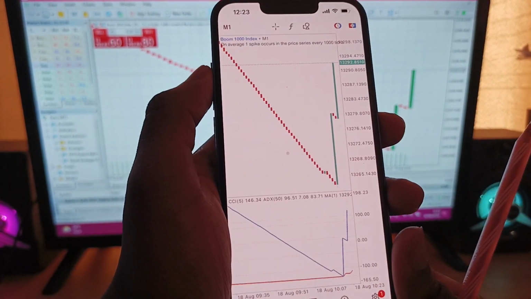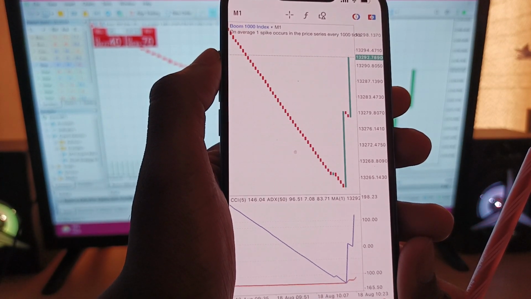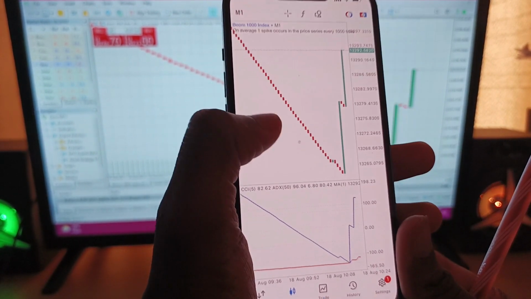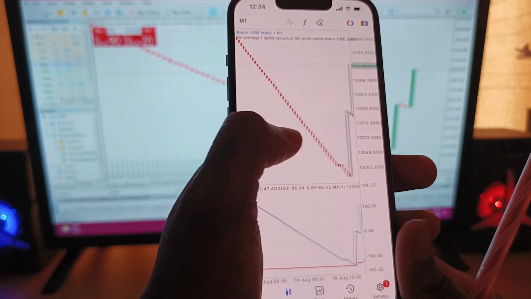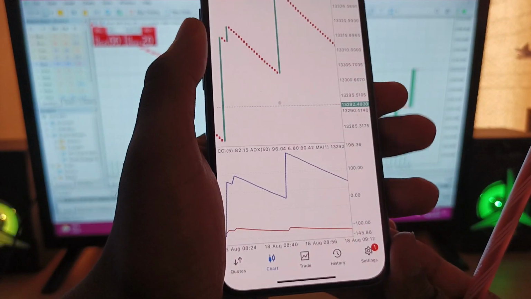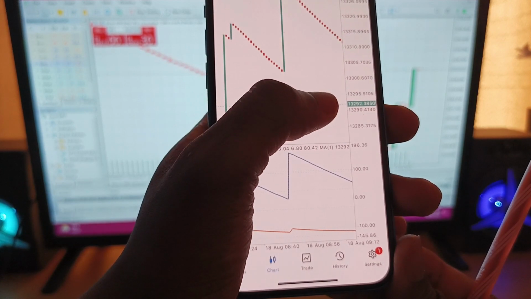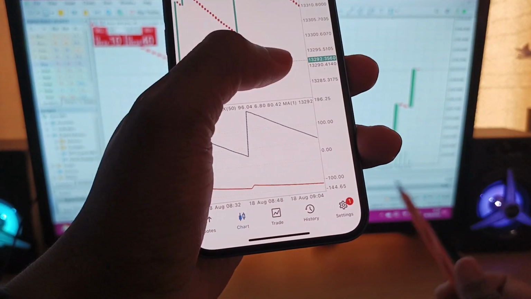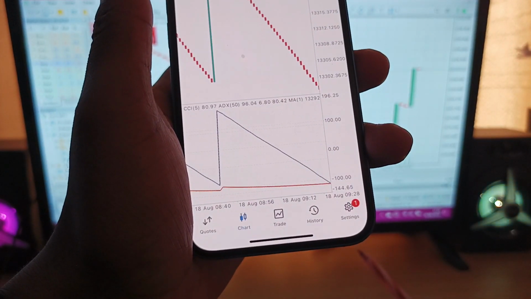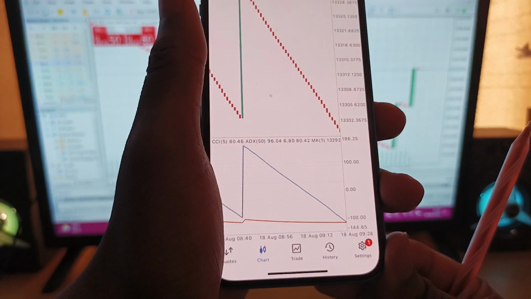With this strategy, all you do is simply wait for the blue moving average to hit the ADX line, and when that happens, a spike is supposed to happen. For example, if you'd like to catch spikes in Boom 1000, you simply wait for the blue moving average to touch this brown or red line which is below. So let me just do that. We wait until it hits, and when it finally hits, you enter your buy trade